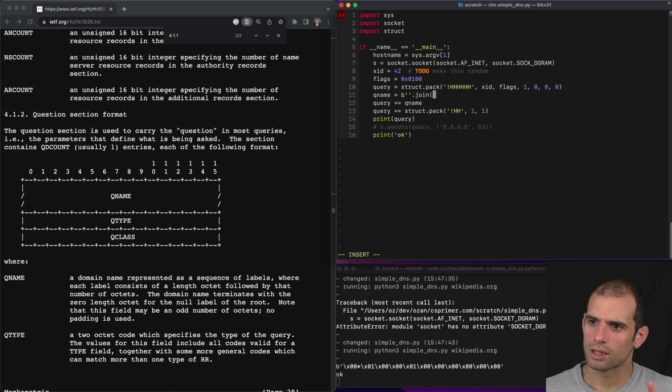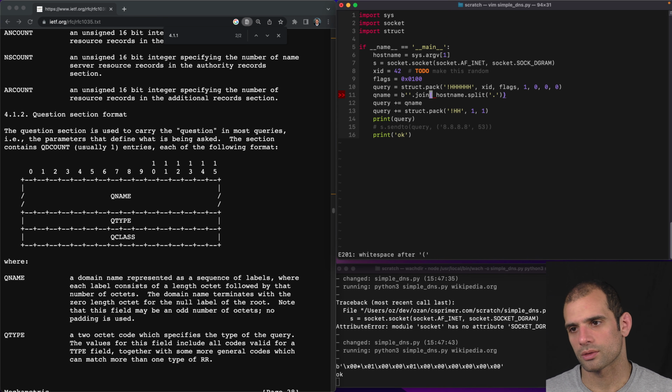So we can get the number of bytes. Going backwards here, since you can't read my mind, what I'm thinking is that we'll get the host name and we'll split it on dot. So now we're going to have parts of the host name. And for each part, we can treat